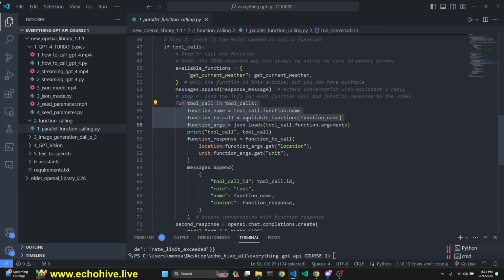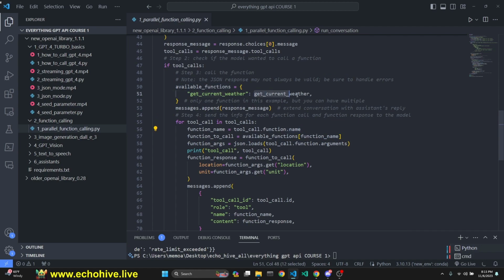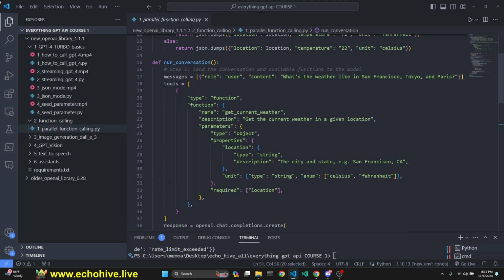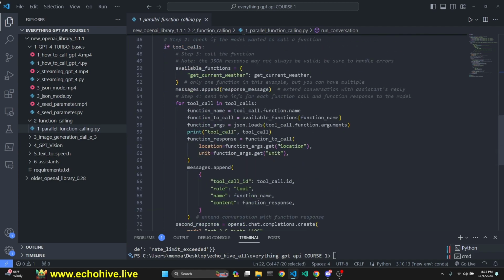But remember, this is within a loop. We only have a single function. So whatever the name is, it's going to correspond to get current weather, because we have defined it here in the function definition. And then we are going to load the arguments with JSON.loads, tool call.function.arguments. As you see, you no longer have to specify them as keys, but as attributes, because it's a pydantic